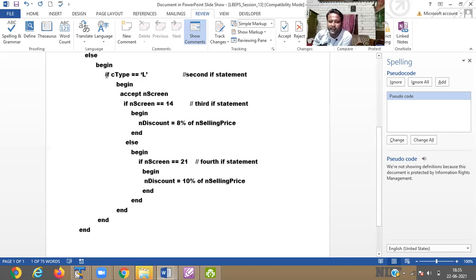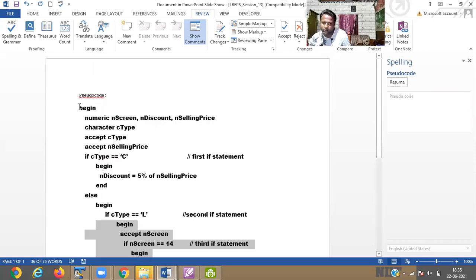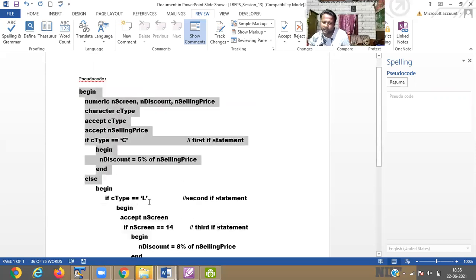It means in this if block, between this begin and end block, you can see that inside this if block there are another two if blocks present. So it is called a nested if condition. In a condition you have to pass another condition. Clear? Yes, sir. So I will send this to your WhatsApp number. You note it down.